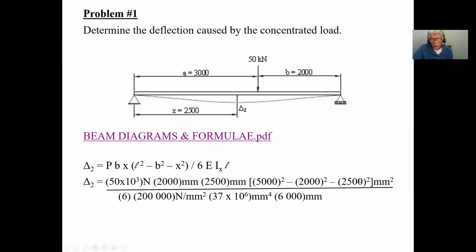So this cancels this. That cancels that. That cancels that. So I end up with millimeters. Fantastic. I can go on. And of course, I get 16.6. So that concentrated load causes a deflection almost equivalent to the distributed load. That's just a coincidence of the magnitude of the force and where